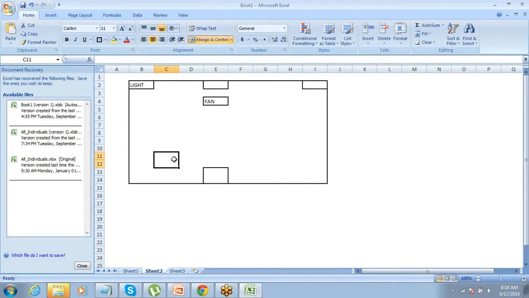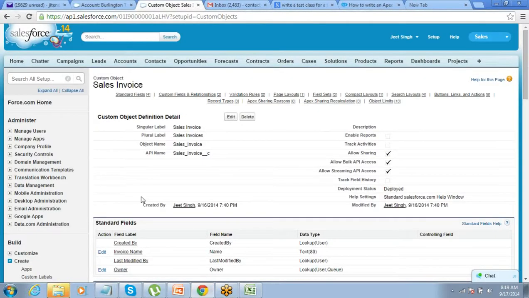So same thing. This is our front end interface. This is the end user, and this is all the database tables or whatever you have created. When you create a field on an existing object, that's absolutely fine. For example, I created a field for campaign, and there is no problem in that, because I already have a tab for accessing the campaign object, right? But for accessing the sales invoice, this is like a new fan which has been installed. Now I cannot operate that till the time I do not have the switch. So what is the switch here?